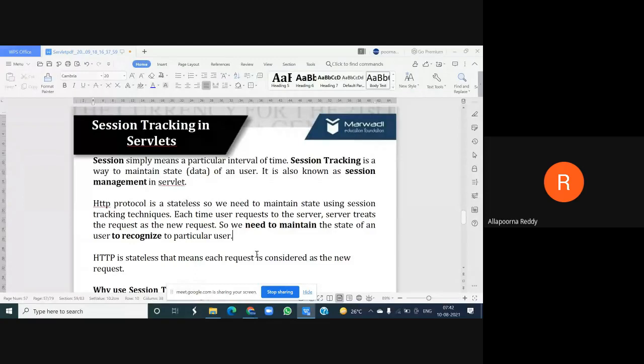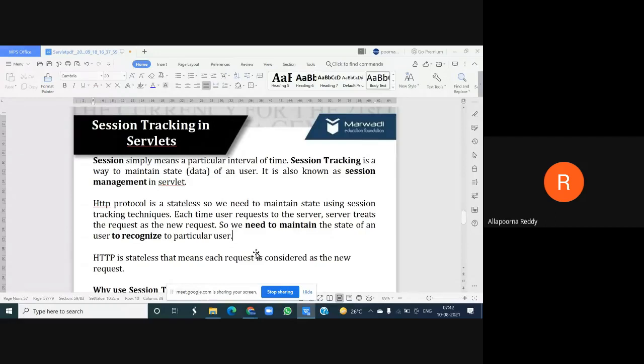But HTTP is a stateless protocol, which means it doesn't maintain any information or data about the user who is making a request to the server. There is no session tracking information when I use the HTTP protocol. For this reason, we need to maintain the state of information.